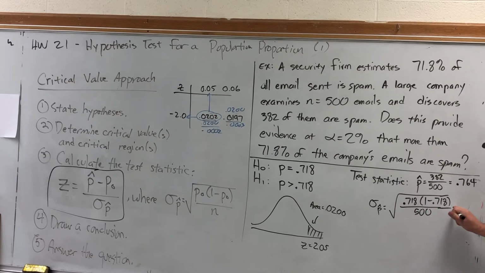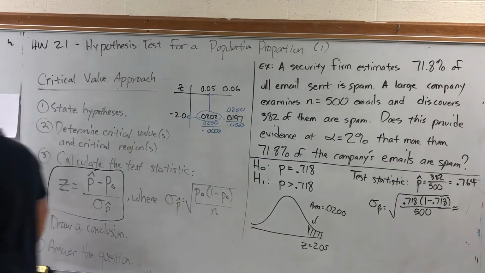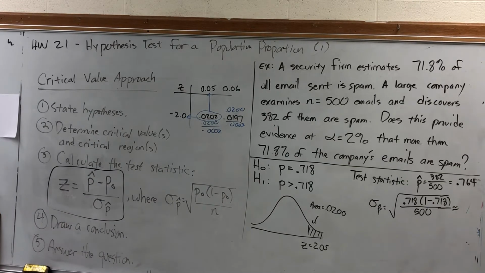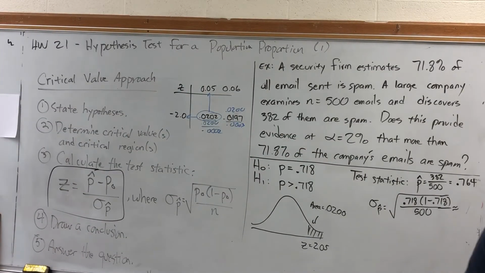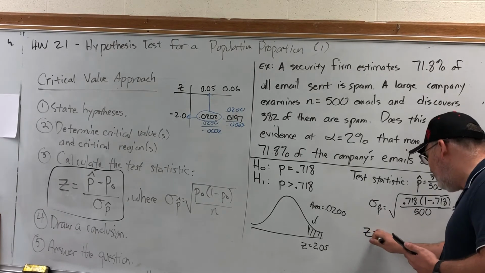So all this will go into a calculator. We'll walk over to my camera real quick to make sure I'm not accidentally going off the screen. I try to leave a little bit of a margin. I'm getting close there, but I see how far I can go. All right, so be very careful when putting this in a calculator, and don't forget to do the square root. 0.718 times parentheses 1 minus 0.718, close parentheses divided by 500 equals, and now square root that. I get, to 4 decimal places, 0.0201. And so our test statistic is going to be z equals